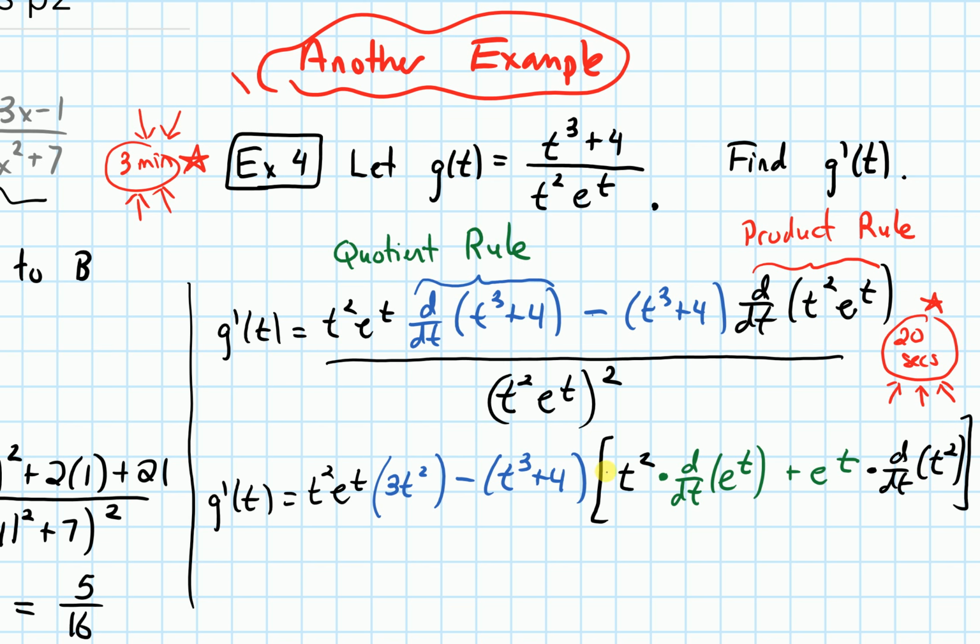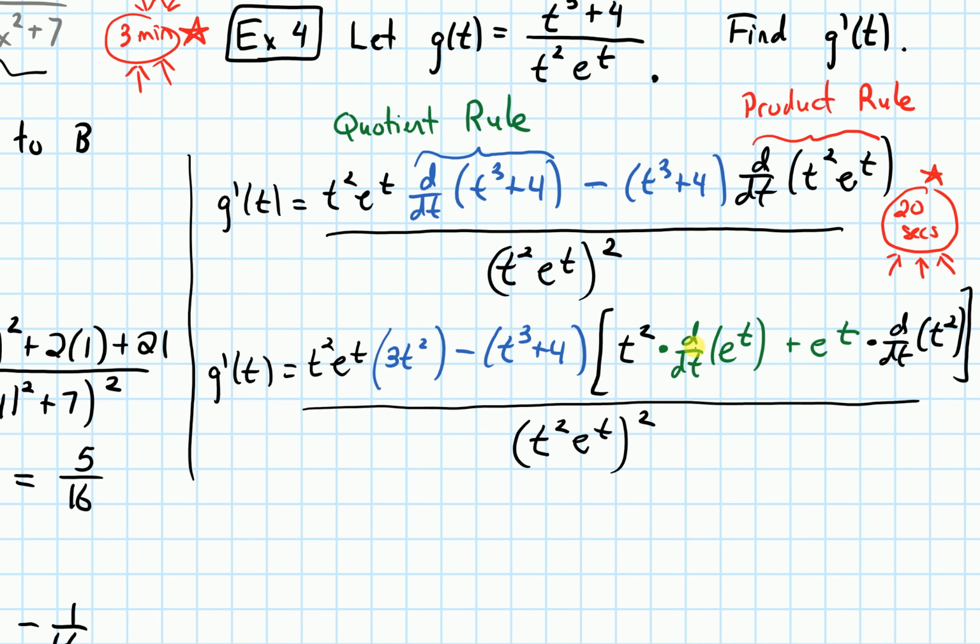Okay, so everything in that bracket is now what we get from the product rule. First function times the derivative of the second, plus the second function times the derivative of the first. All right, so we have this whole thing over the denominator, which was t squared e to the t being squared. So remember, that's what we got from low squared. That's what the denominator is when we do quotient rule. Okay, so now there are these two derivatives within the product rule that I need to evaluate. So we have g prime of t equals, so everything at the front,